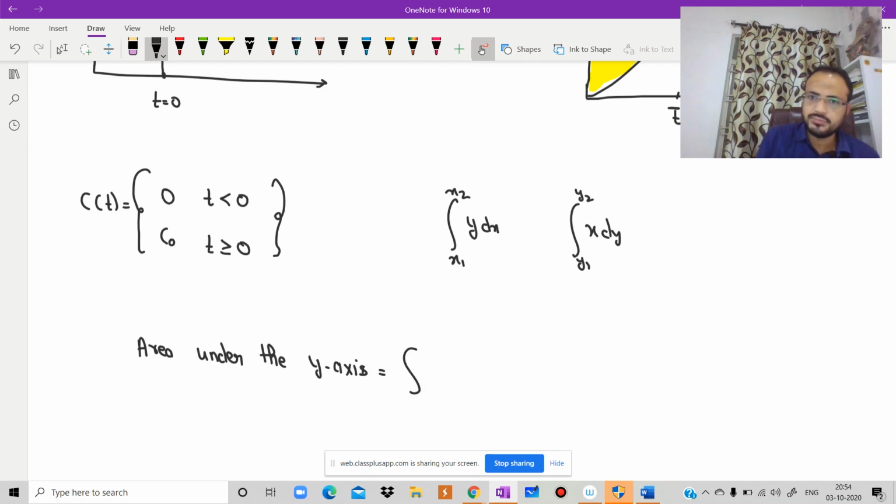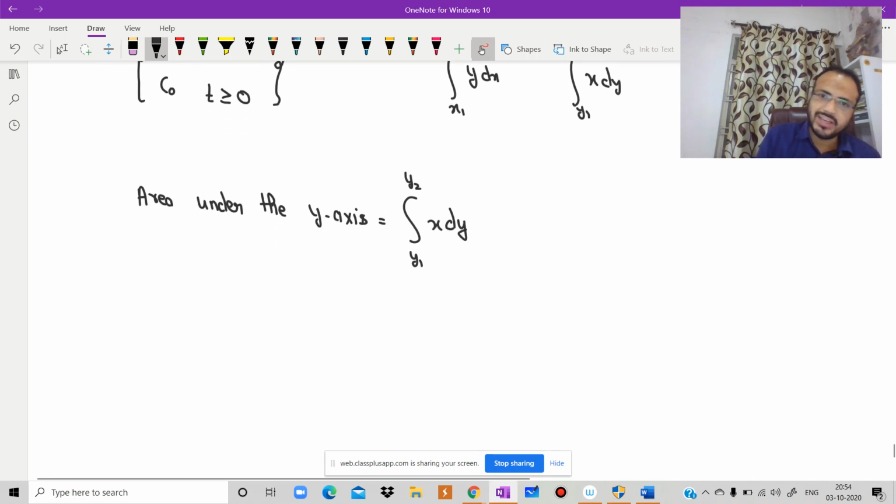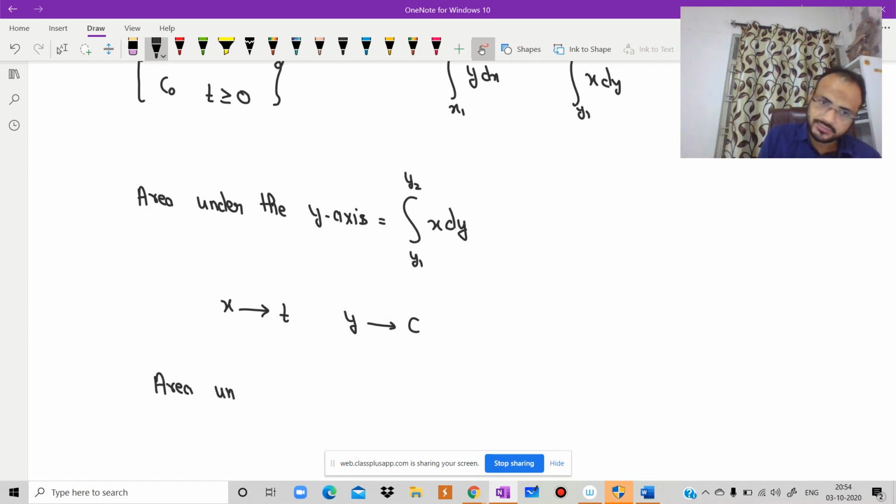That should be equal to the integral from y1 to y2 of x into dy. So we can say on the x-axis we have time, on the y-axis we have concentration of tracer. So we can say the area under the y curve,